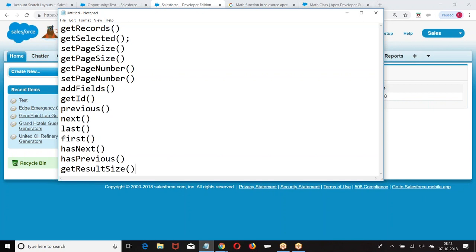All these methods are what? Predefined methods available on standard set controller. All these are predefined methods available on standard set controller. That is the reason we are able to achieve the pagination so simply. Without writing any logic, we are able to achieve this pagination so simply because standard set controller has some predefined